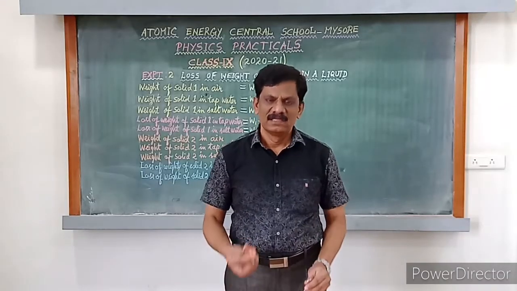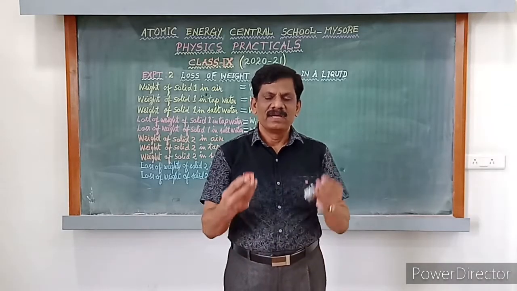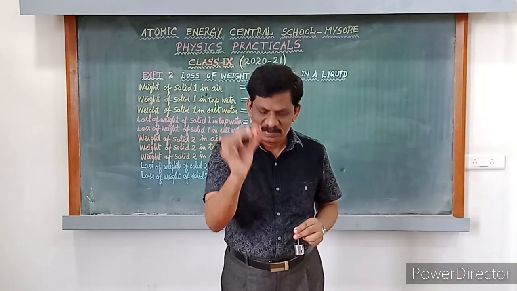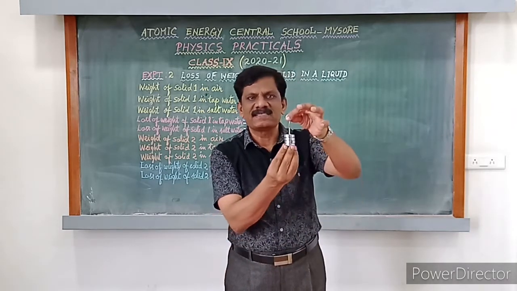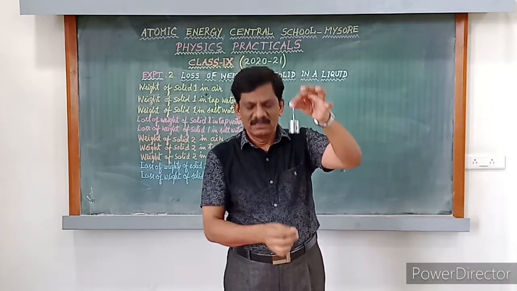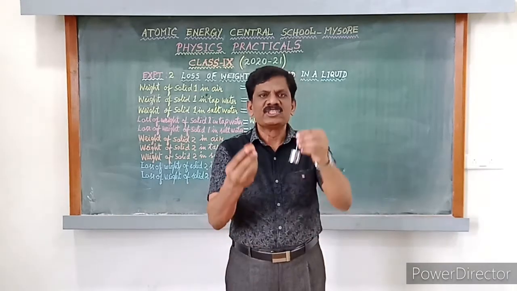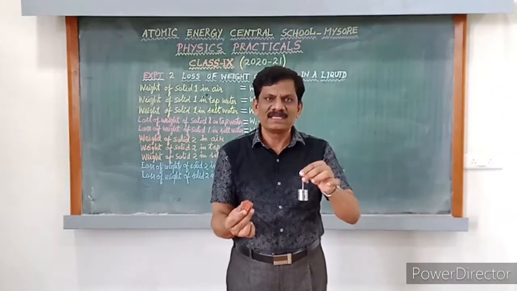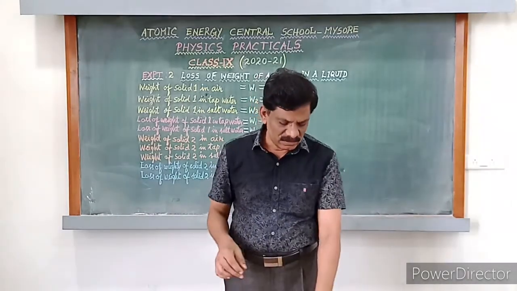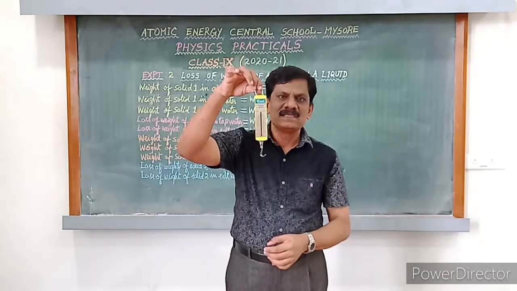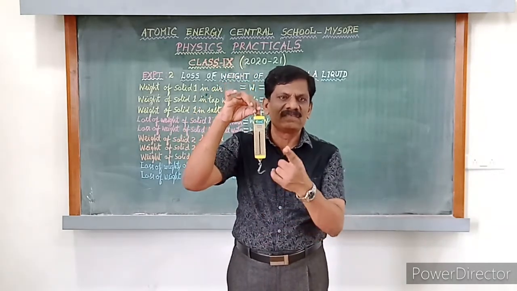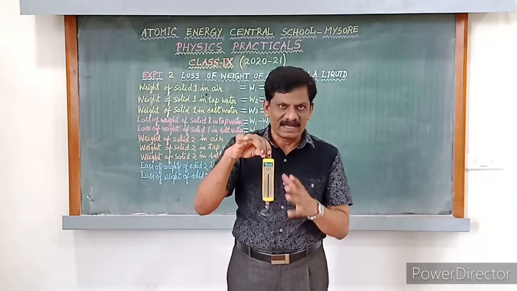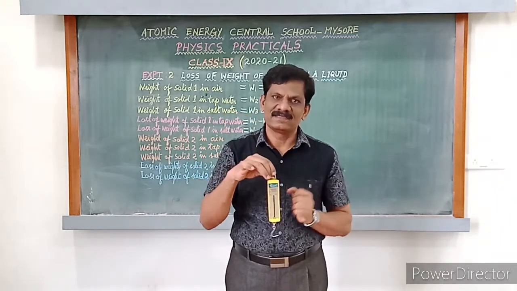Okay, students. For this experiment, we are given two solids. One is a copper cube. The other object is a slotted weight. First, we can measure the weight of these two solids in air with the help of a spring balance. So, this is a spring balance. Using this, I am going to find the weight of the solids in air first, and next their weights inside the tap water and salt water.